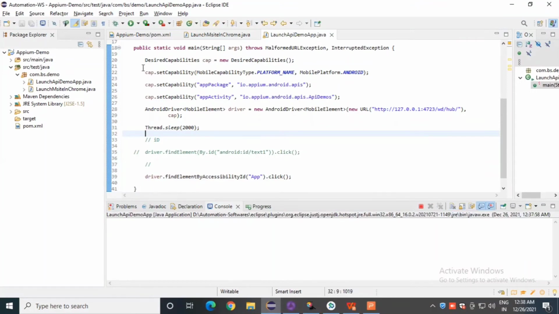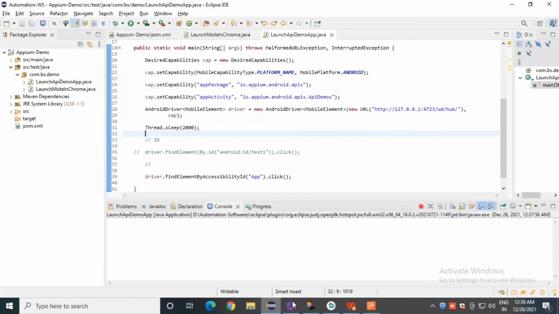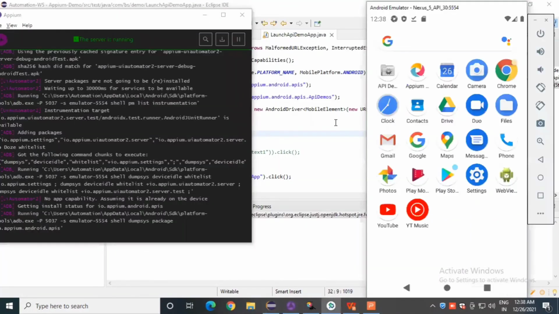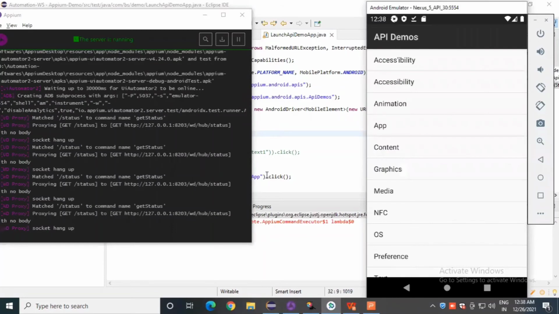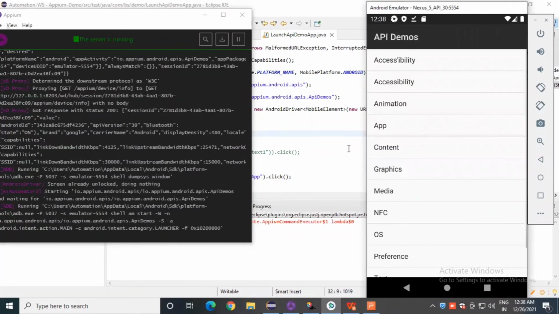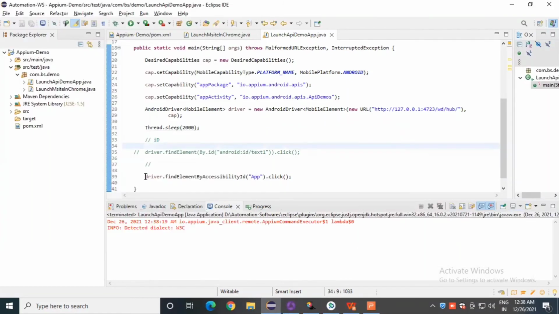We'll just run everything as a Java application only. So let's open the server, let's open the device and check whether we are able to click on the app element or not. And here you go, we have easily clicked on app also. So right, this is a very important locator, accessibility ID.